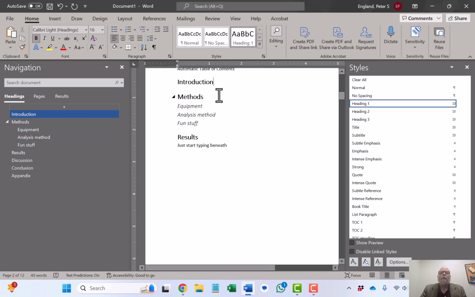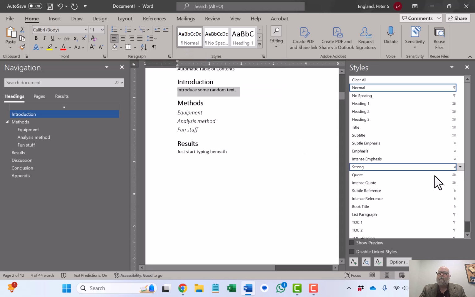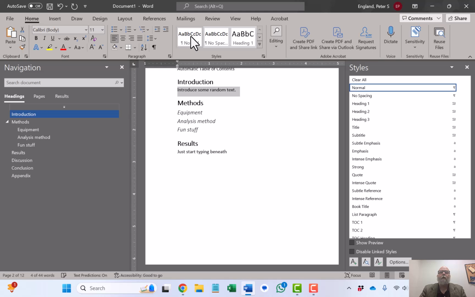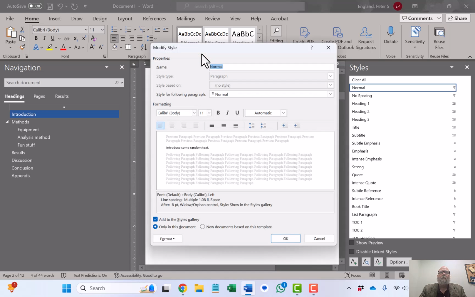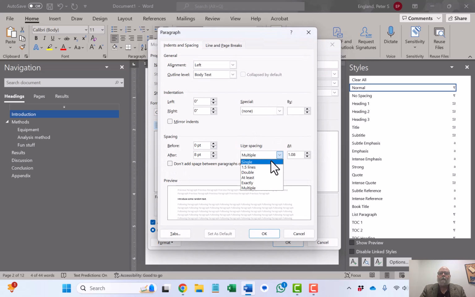And now I'm going to put in some text, maybe some correctly spelled text, and I want to do my normal, or paragraph, style. So I'm going to go to the normal style, and I'm going to modify it. And I want to modify my paragraph style. I want to make single spaced paragraphs. So I'm going to go to single spacing, and then after the paragraph, I have an 8-point